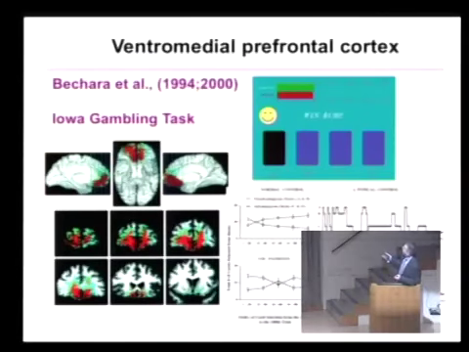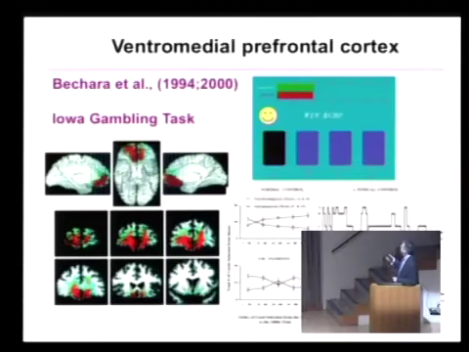And the canonical example is what they call the Iowa gambling task. Basically what it involves is a patient or a subject has to choose between 4 decks of cards. And they choose a card on each trial. They just make a choice. And they either win money when they do so, or they win money and then they lose money. So basically their net gain can either be positive, so they accumulate money, or after a series of choices on some decks, they actually start to lose more than they gain.